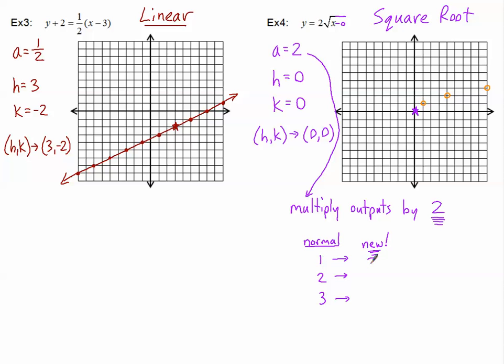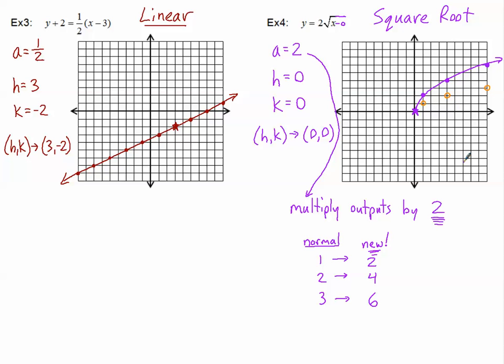So when I multiply 1 by 2, of course, I get 2. When I multiply 2 by 2, I get 4. And when I multiply 3 by 2, I get 6. So what happens here is I'm still going to be inputting a 1 and inputting a 4 and inputting a 9, because those are the perfect squares. But in this case, I'm going to be going up 2, 4, and 6. So when I input a 1, I don't go up 1 like normal. I go up twice as much. When I input a 4, I don't go up 2, I go up twice as much to the 4. When I input a 9, I don't go up 3 like normal, I go up twice as much to a 6. And you can see that when a is 2, we've stretched our graph to be taller than what it